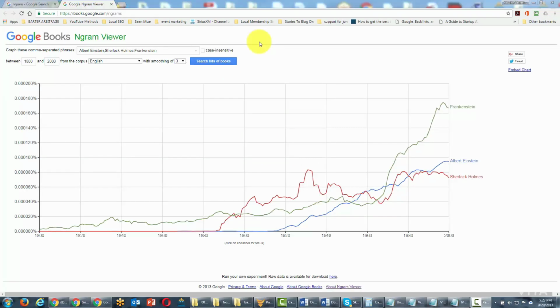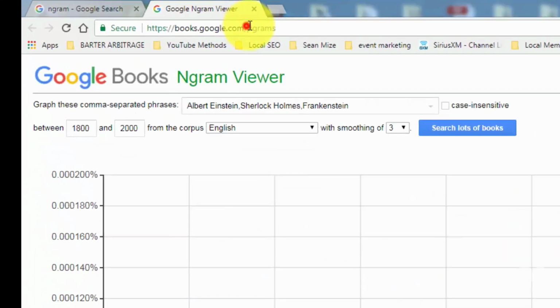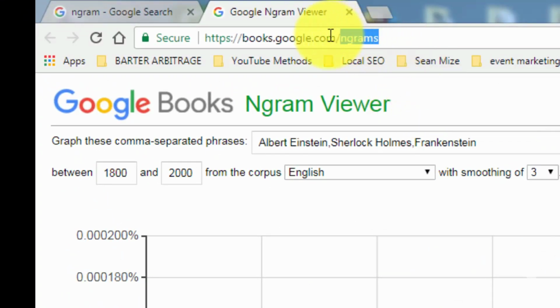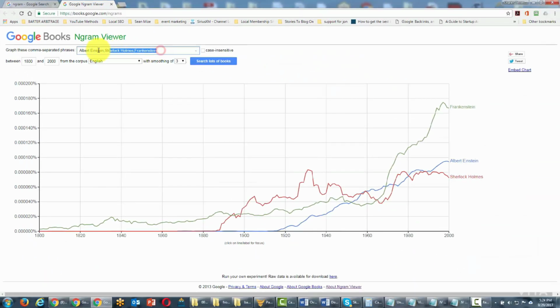Welcome back. You are now looking at Google Books Ngram Viewer. You can visit this site by going to books.google.com/ngrams. It's spelled a little weird. You'll have to type in the letter N, then GRAMS. And basically what Ngram Viewer does is it calculates the popularity of a term within books from the years